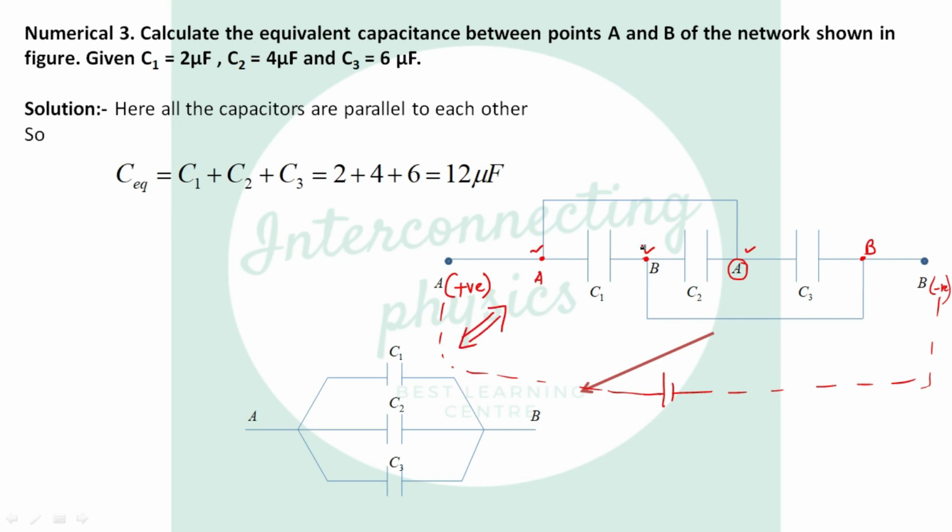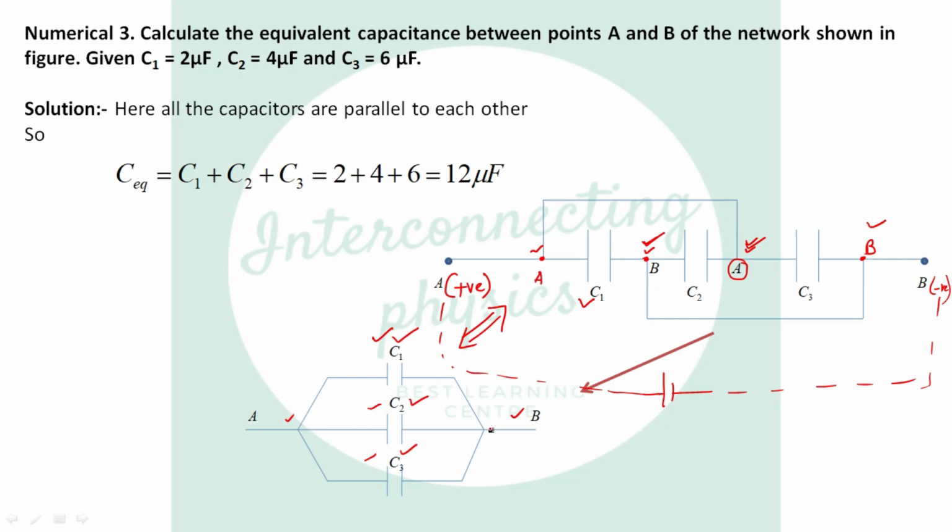Between point A and B, capacitor C1 is present. Between B and A, capacitor C2 is present. Between A and B, capacitor C3 is present. It means these three capacitors are in parallel to each other, because from A to B, these three have the same potential difference